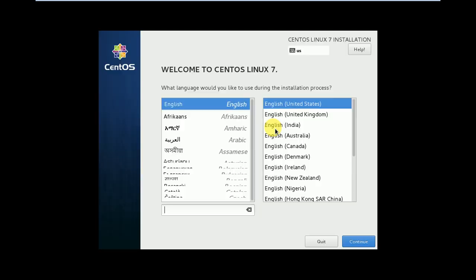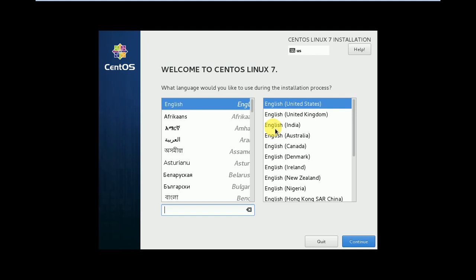We gave 3 GB of RAM and hard disk is 35 GB, and it's fine. I gave that configuration according to my system configuration. So if your system has only 4 GB of RAM, you can give 1 or 2. 1 GB is necessary to run this CentOS 7.